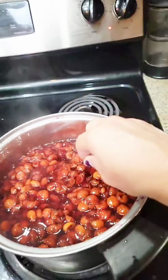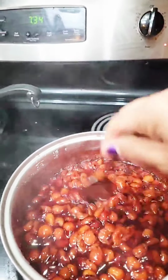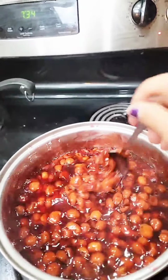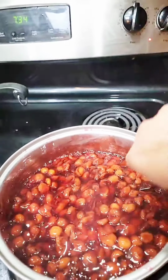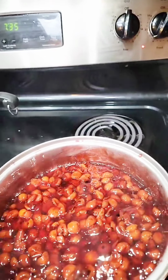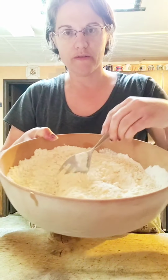So basically you pick them every year at this time. I froze them and they're already de-seeded. There are no seeds in them or anything. I put a cup of sugar and maybe a tablespoon of cornstarch in here. You let it simmer for a good 45 minutes. So all my olive oil is incorporated. See, it just all goes in there and it becomes like